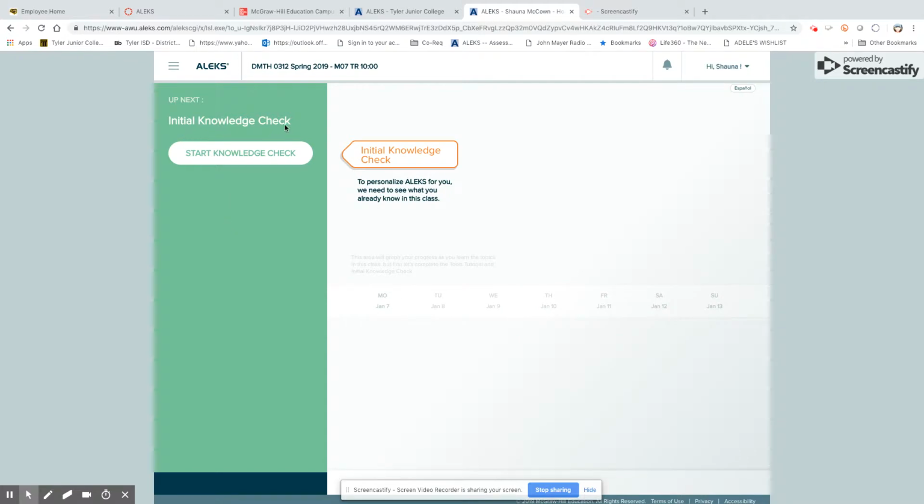Okay, so your initial knowledge check, what ALEKS is doing is trying to get a basis for your individualized math program. In this initial knowledge check, you are not allowed to use outside resources. We're trying to figure out what you know already, okay? So you want to do this on your own. You don't want to use any outside resources. You can use a calculator, but you're not going to be using any kind of websites or your friend, any of that, okay? So I'm going to click on Start,